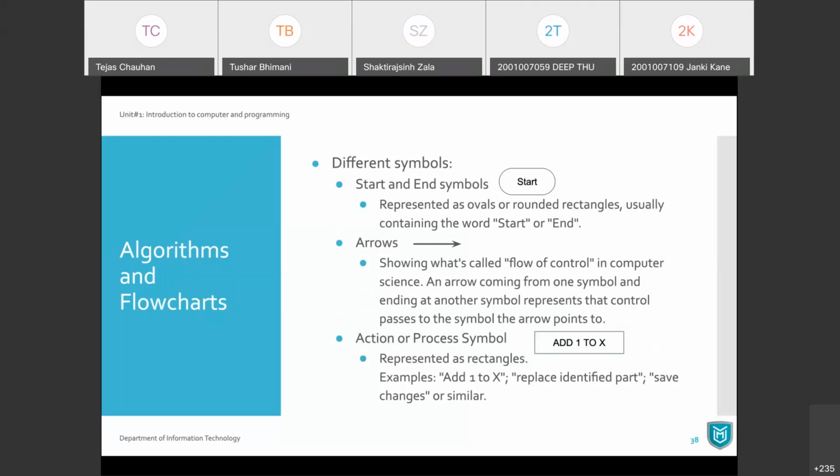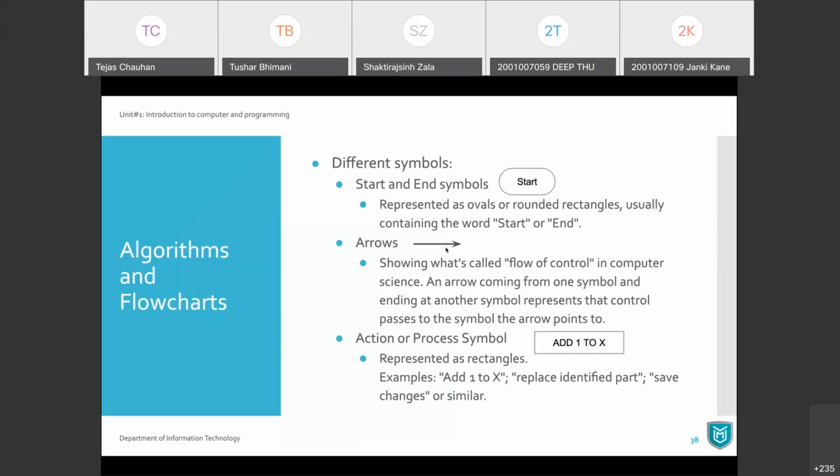So your every process will start and will end at a certain place. And to represent that starting and ending, you should have this kind of symbol. Okay? And inside that, you should write either start or end at this place. That is going to indicate this is where we start our process and this is where we end it. Okay?